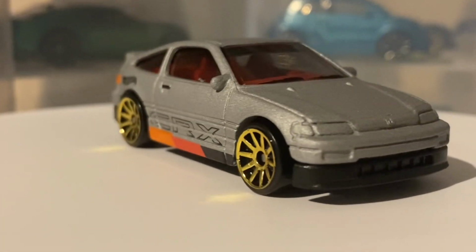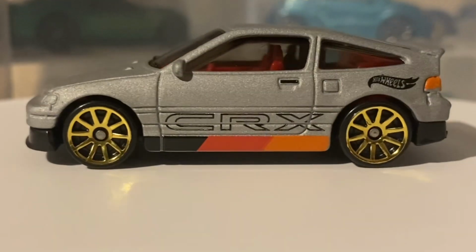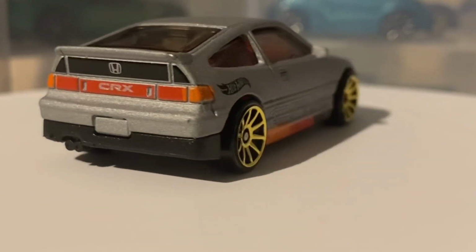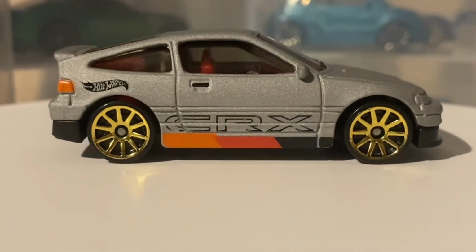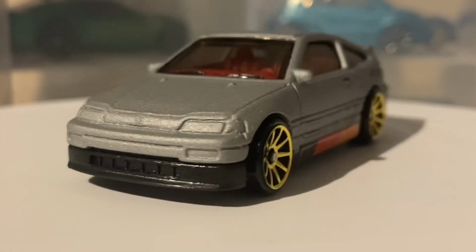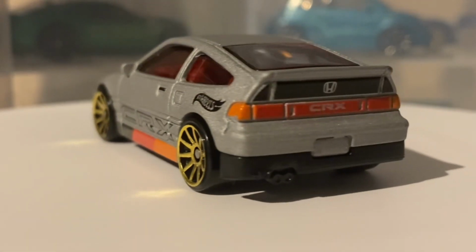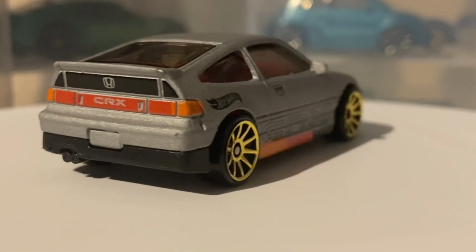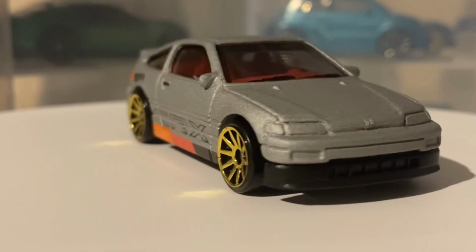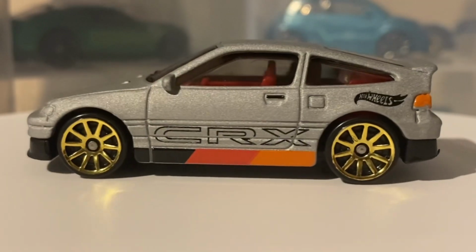But anyways, let's actually get into the facts about this car before we get into the review and showcase on this one. So, in real life, this car has a 1.6 litre inline 4 VTEC engine. It also has a 1.3 litre economy engine available as well. The inline 4 1.6 litre engine produces 148 horsepower and 106 pound-feet of torque, converting to about 144 newton meters of torque. This car also has a 0 to 60 in 8.1 seconds, and when it was new, cost about